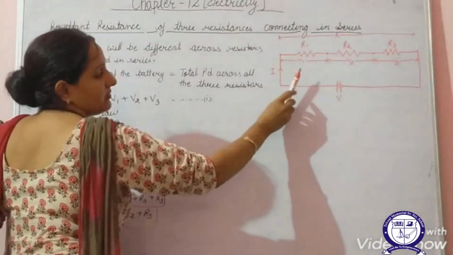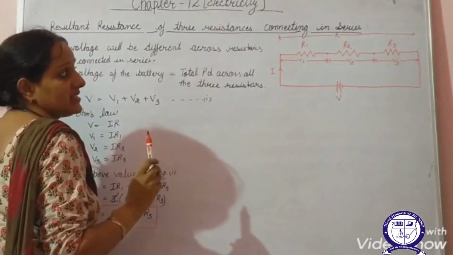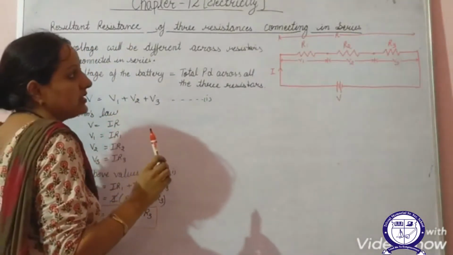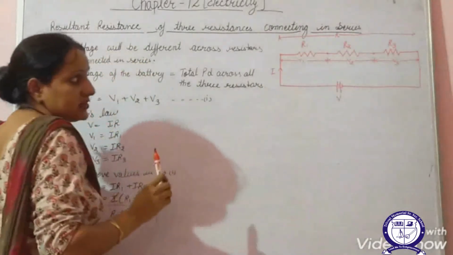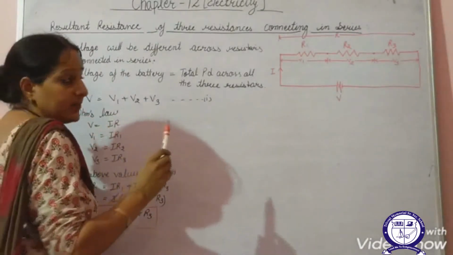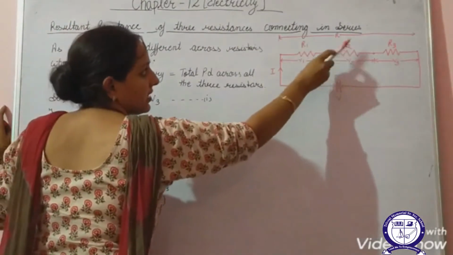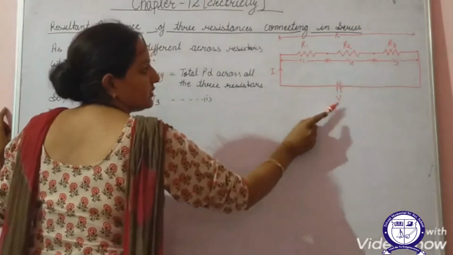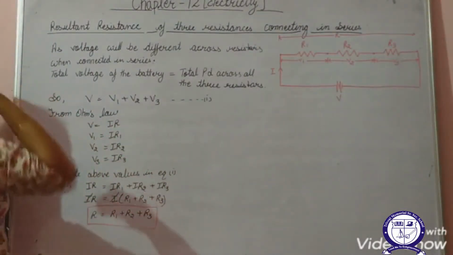Now when I connect it to the battery, let us suppose the total current that flows is I. What we have discussed is that in series, the current across the different resistors will be equal to the total current of the circuit. So the same current I will flow through R1, R2 and R3. But we have discussed that the potential difference across different resistors will be different. So if V is the total potential of the battery, V1 will be across R1, V2 across R2 and V3 across R3, such that their total sum must be equal to the potential difference offered by the battery. So let's start with our derivation.